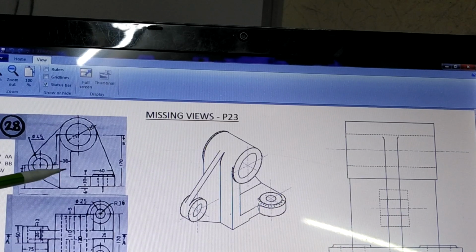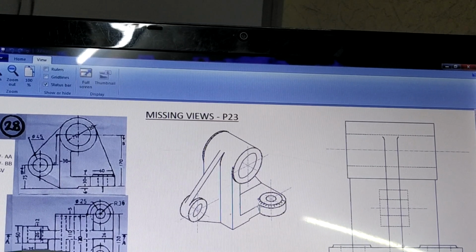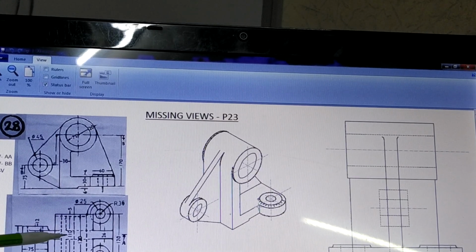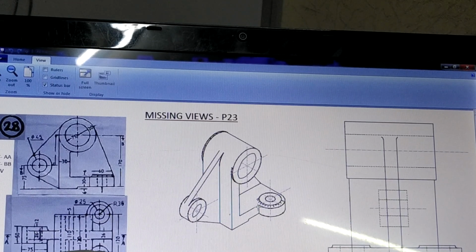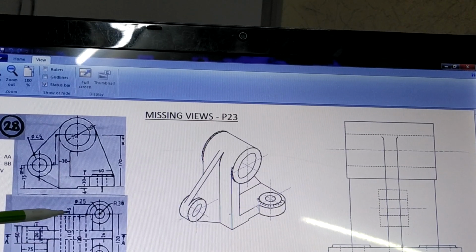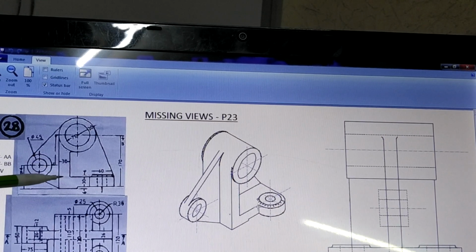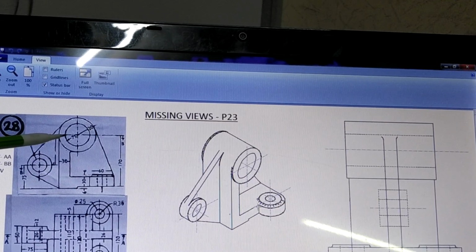110 is the width of this support, and 5 and 5, 10 mm on either side, 5 plus 5, total 10 mm. So the total width is 110 plus 10. So you can see here 120. So the width of this pipe-like shape is 120, and if you make 5 mm less from either side, then 110 becomes the width of this vertical support. So the vertical support is 110 and the pipe is 120. Therefore there is a 5 mm space over here.